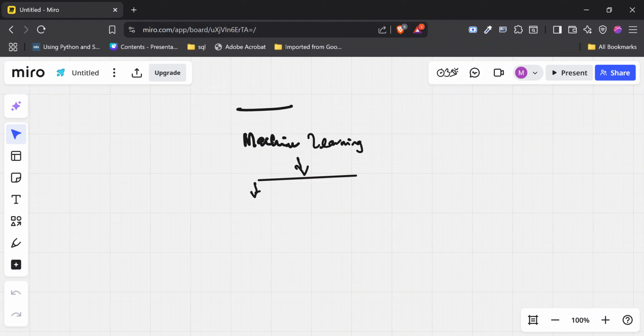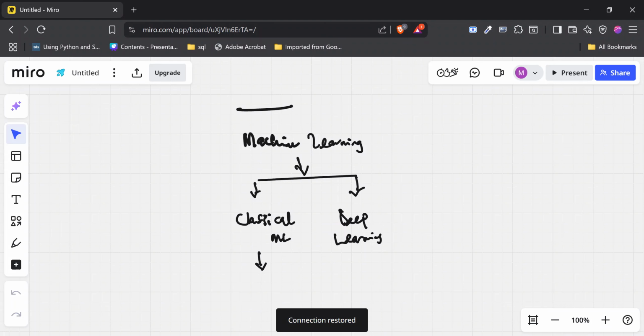Then under ML, we have classical ML and we have deep learning. And this is where we are actually going to be stepping into for the first few sessions in this particular series.